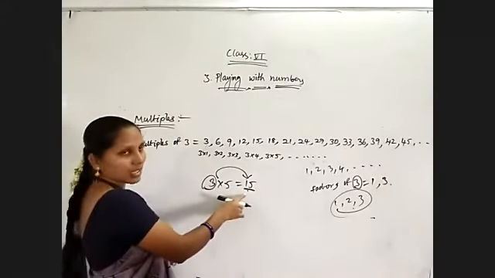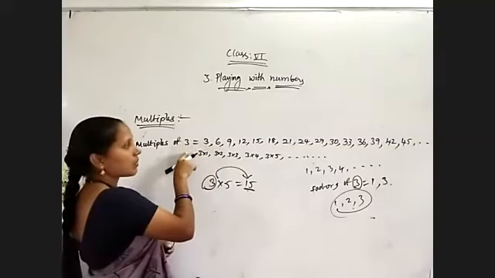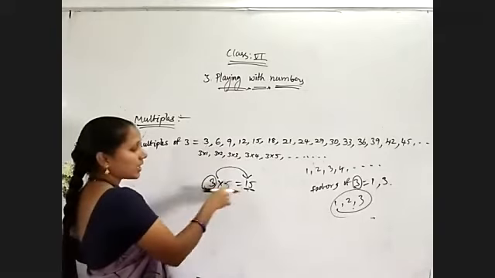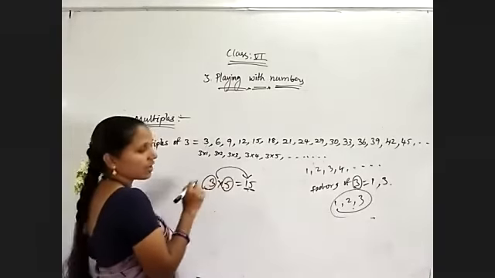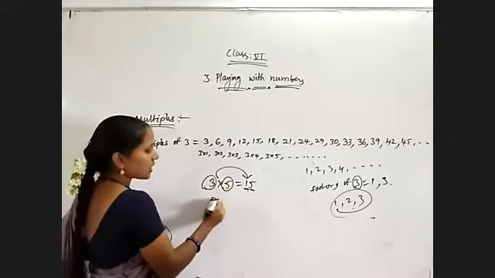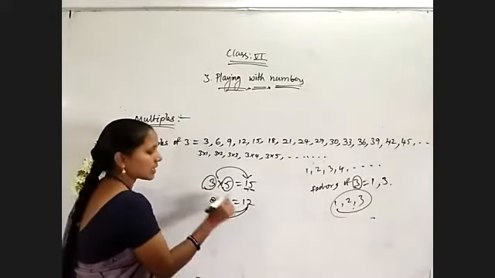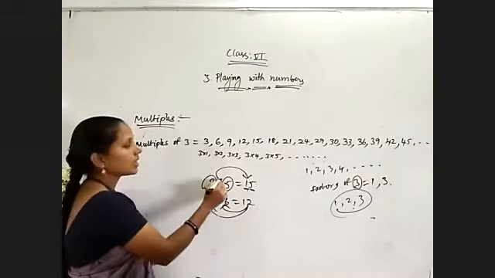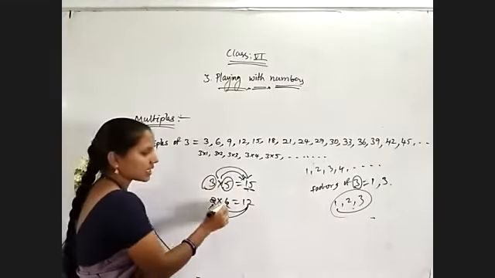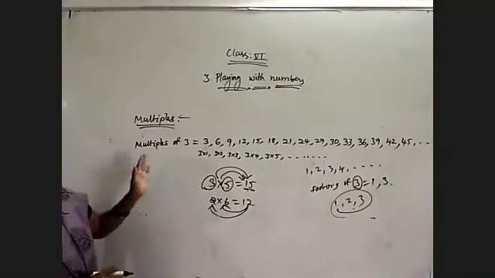3 5s are 15 we are getting now. So 15 is a multiple. 6 is a multiple of 3, 9 is a multiple of 3, 12 is a multiple of 3, 15 is a multiple of 3. At the same time, 15 is a multiple of 5 also. Suppose I write 2 6s are 12. 12 is a multiple of 2 and 6. Reversely, 3 and 5 are factors of 15, and 2 and 6 are factors of 12.